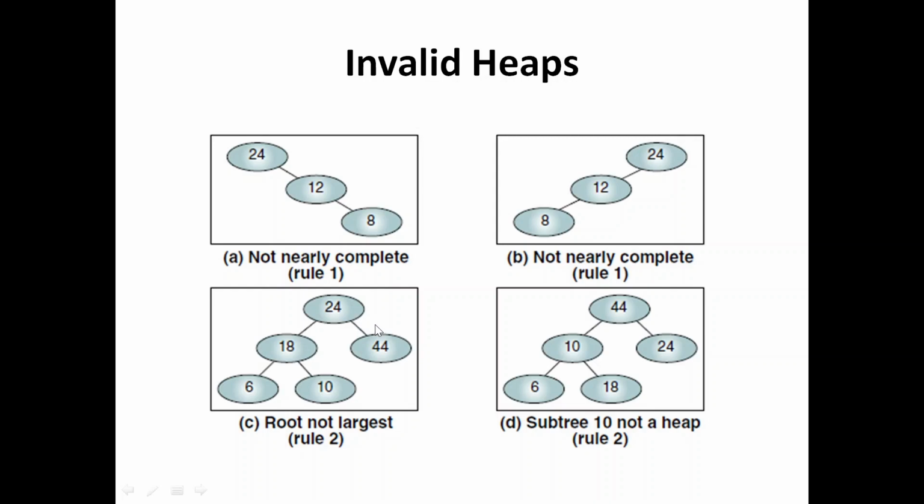So let us identify in which particular node. Here we have got 44, but its parent is having 24, and this is clearly a violation of the heap property. And in the second example, we have got 18 here, but its parent node has 10. So both are invalid. By these examples, we should be able to identify whether a given tree is a heap tree or not. So we must check for two requirements. Number one, whether the tree is complete or nearly complete. Number two, whether at every level the parent is greater than or equal to both its children.